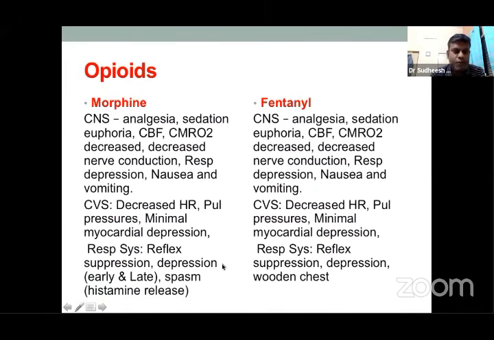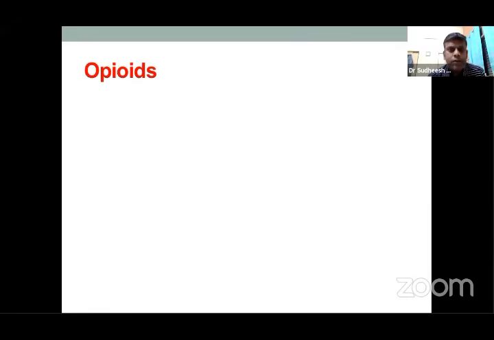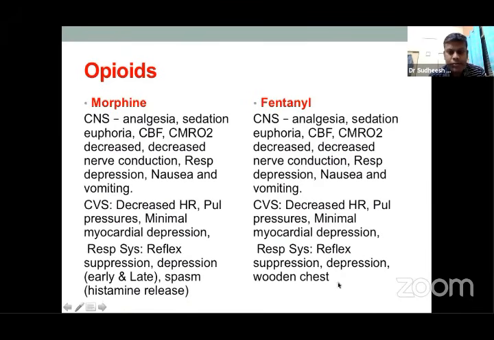Respiratory depression is most often seen with morphine. Both are reversible by naloxone, but morphine can induce early and late respiratory depression due to its metabolites as well as its direct effect, and it's more so with intrathecal morphine, where the initial respiratory depression is due to the drug, whereas the late respiratory depression is due to the ascent of the intrathecal drug. Morphine directly acts on the respiratory center in the medulla due to migration of the drug in the CSF. And fentanyl is known to cause wooden chest.